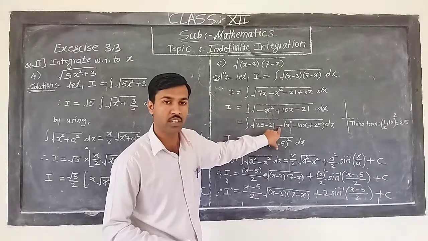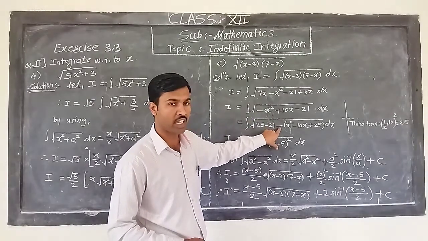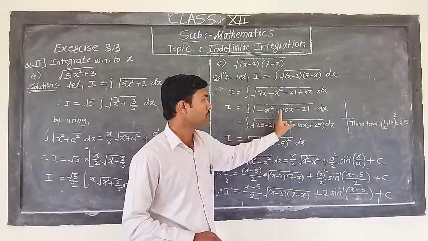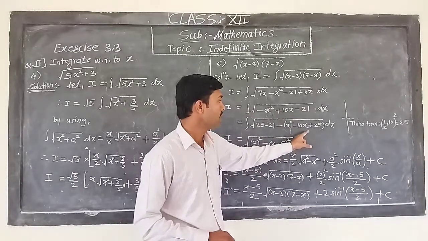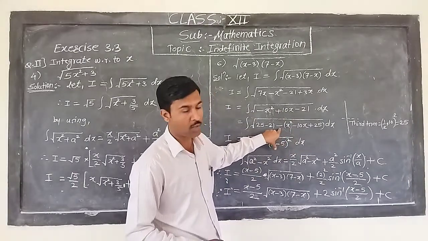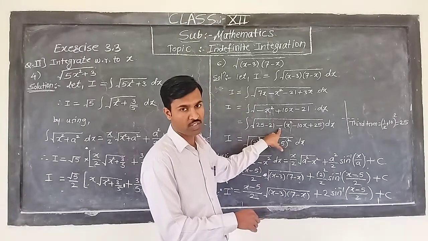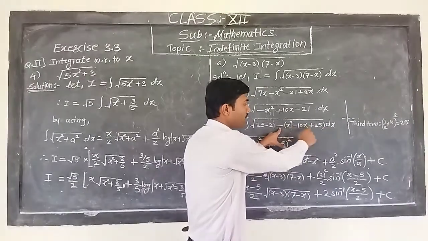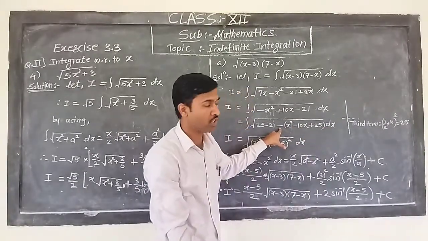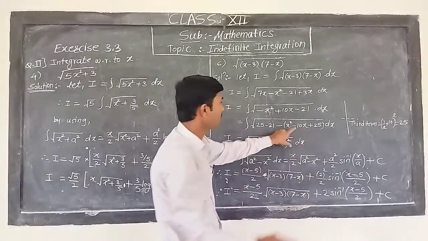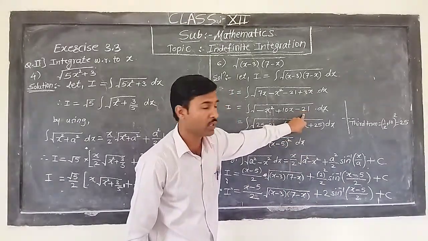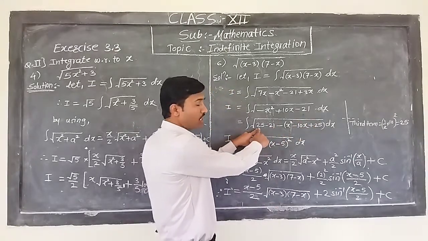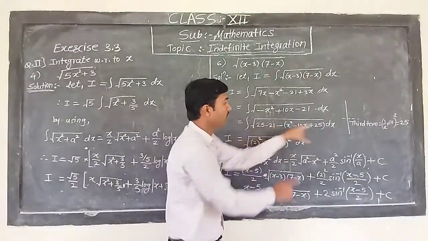So I take minus in common. So the remaining term will be plus x square, as minus is in common. So plus 10x will convert into minus 10x, and as here minus is in common, we have to subtract 25 from this term. So it is plus 25, because minus into plus will be minus, it means that we have subtracted 25. Okay, and this term is over. Now the constant is minus 21. As we have subtracted 25 from this term, we have to add it here, plus 25, and the remaining term is minus 21 into dx.